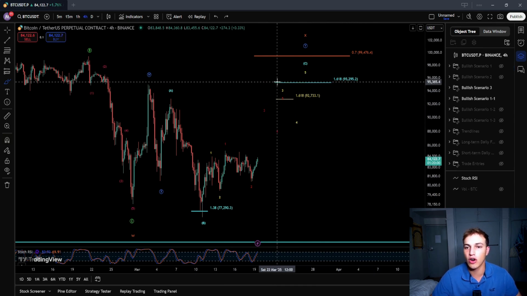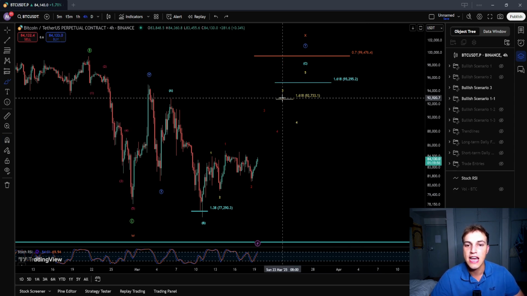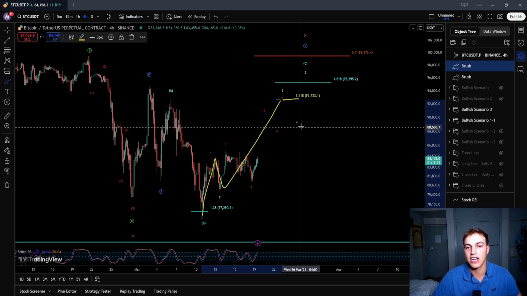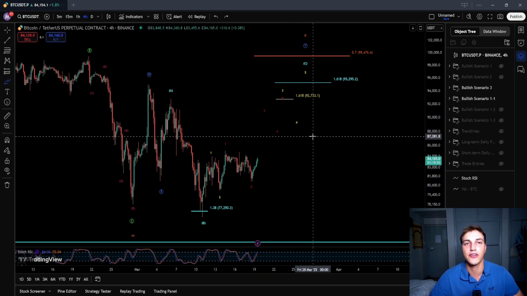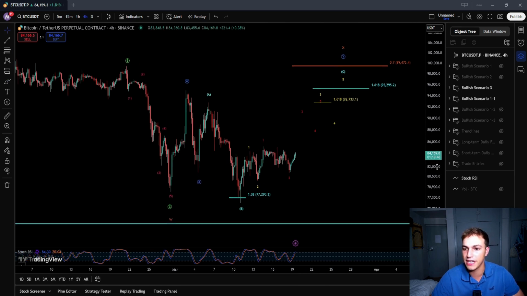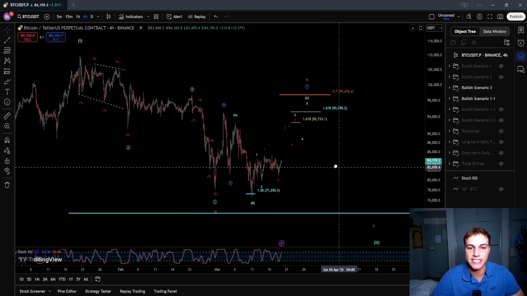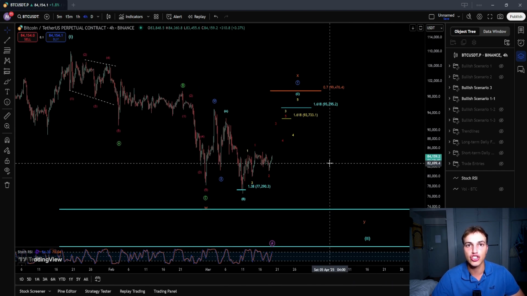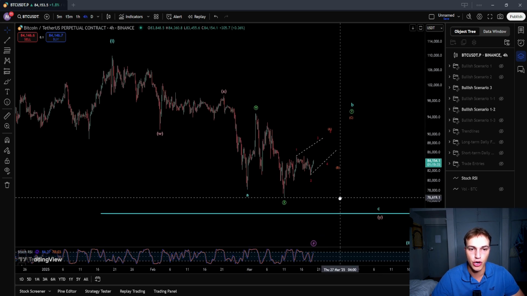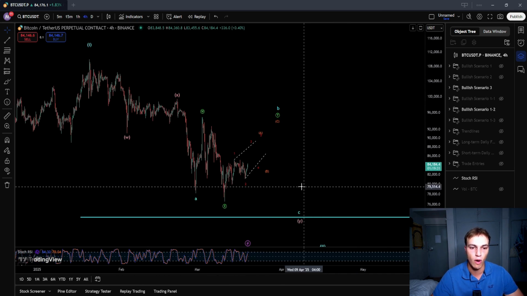The wave C targets around $95,295, and the third wave in this 1-2 targets around $92,733. At the moment, this is indeed my main scenario, as the other scenarios have been either invalidated or are very, very choppy. Then, looking at our second scenario on the chart, we have another form of a WXY, except